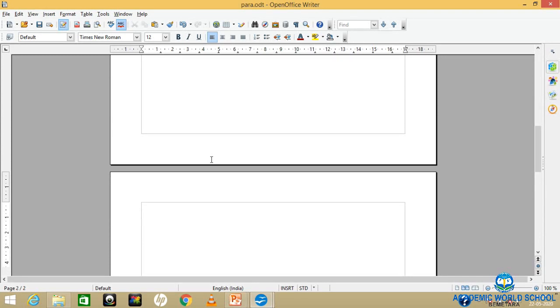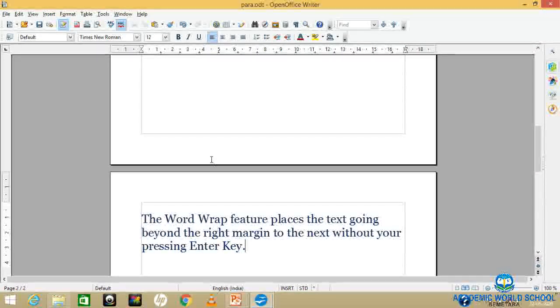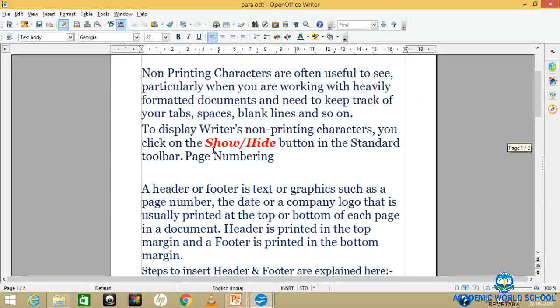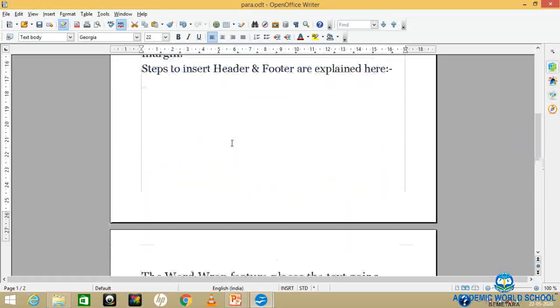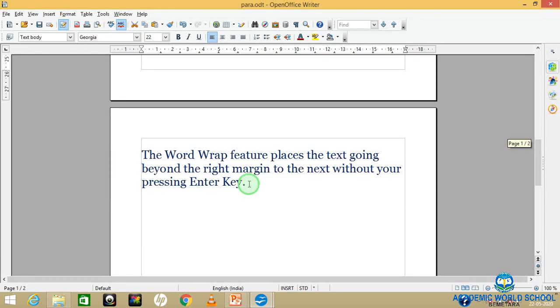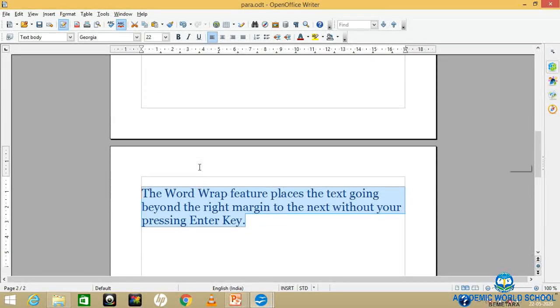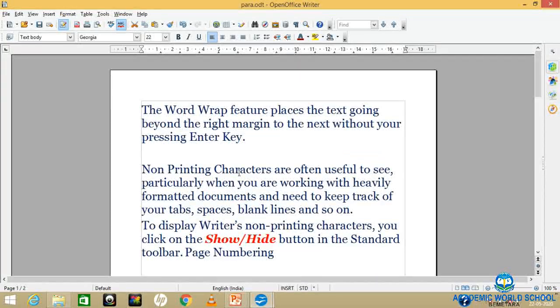Now if I cut and paste, what will happen? You must have observed that when I copy the matter, the copied matter is available in the source place. This is your source place, and this is your destination place. So when you copy any matter, it is available at both places. Source place means where the matter was, and the destination place is where the matter will be. So this is copy and paste.